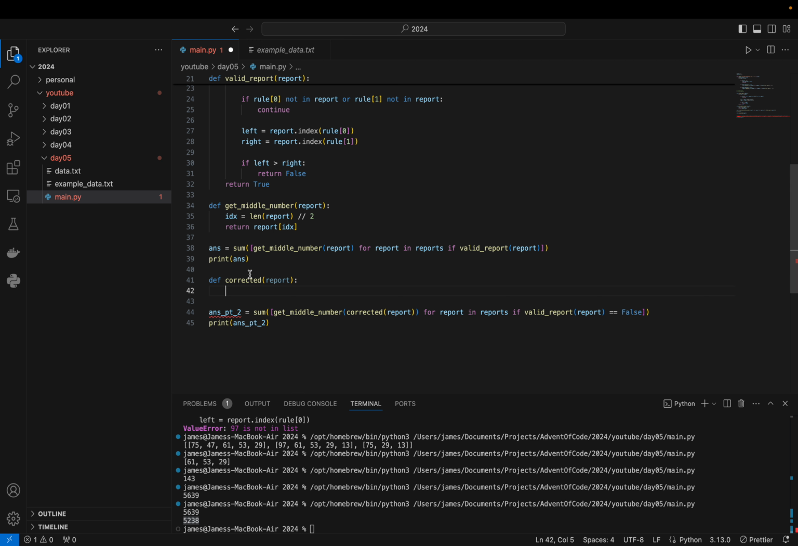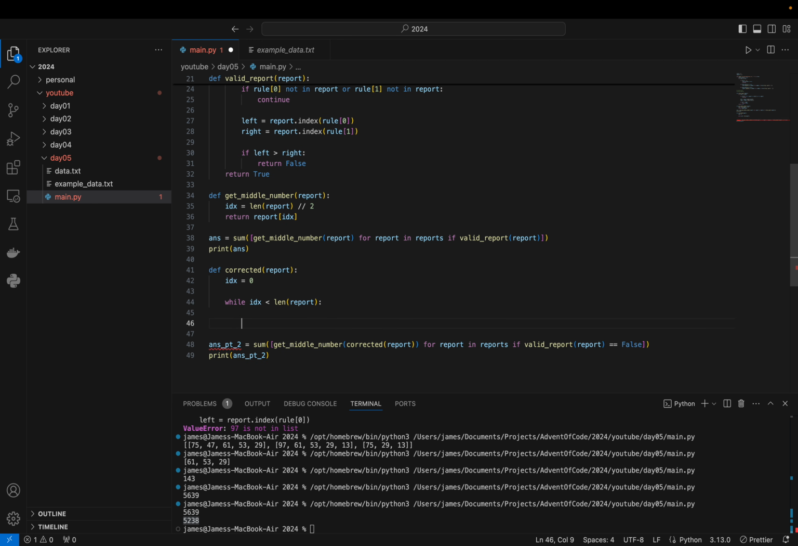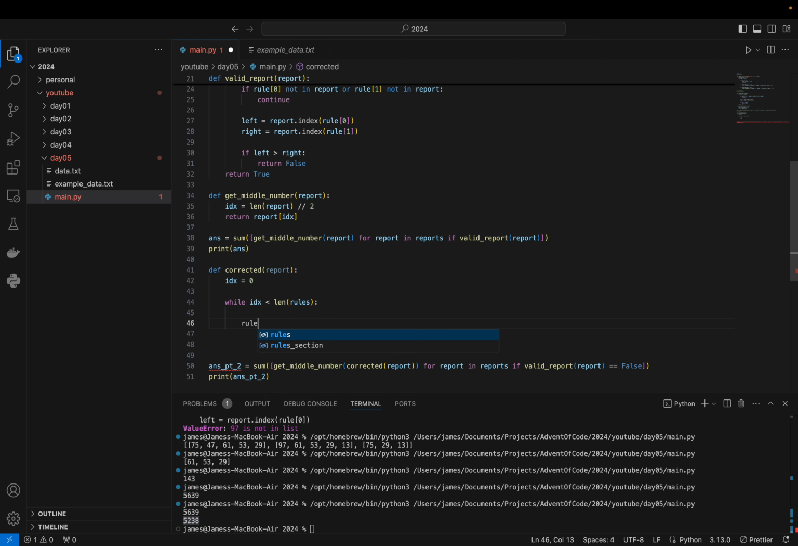So the way I'm going to do this is to start off with an index because we're going to want to keep moving through the report and moving back to the start, and this is a nice way to do it. So we could say whilst the index is less than the length of the rules, we're taking each of the rules. Let's get our rule,